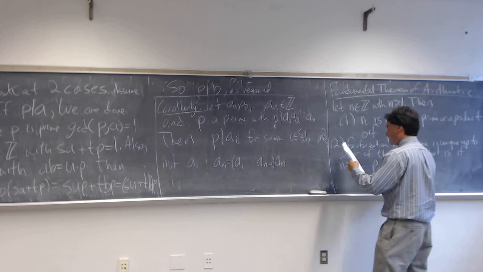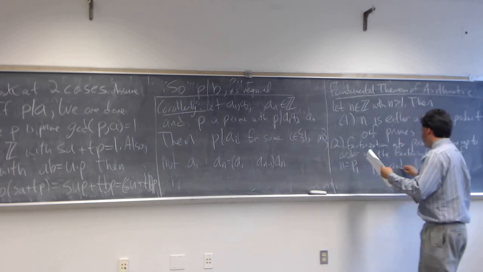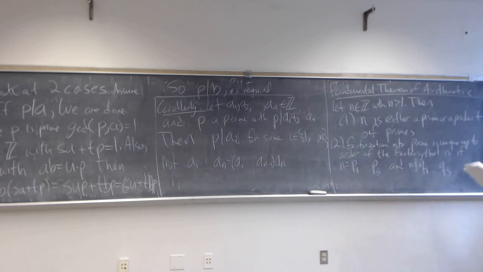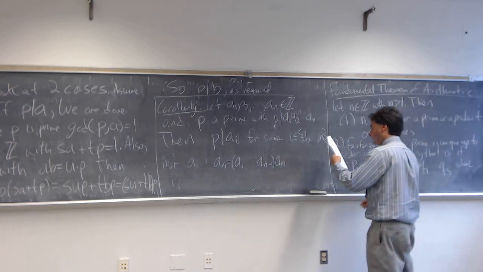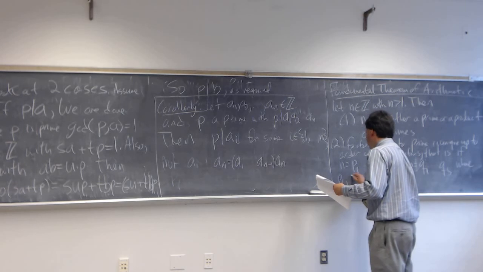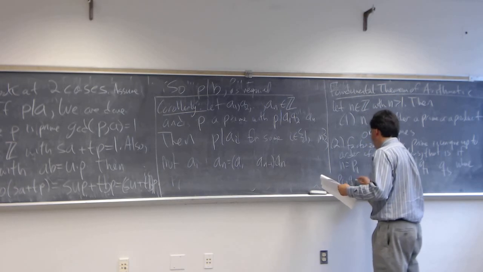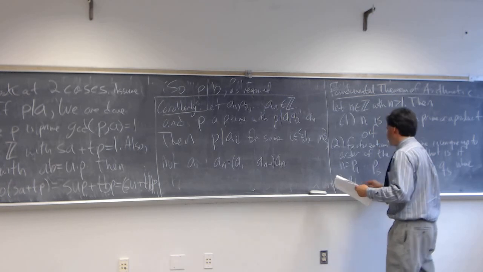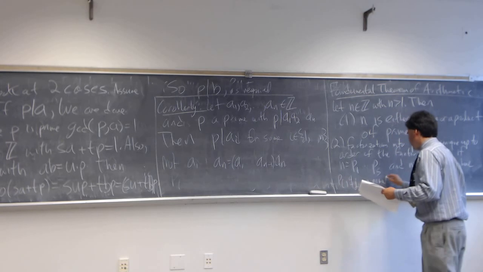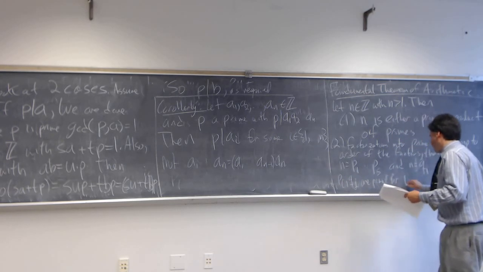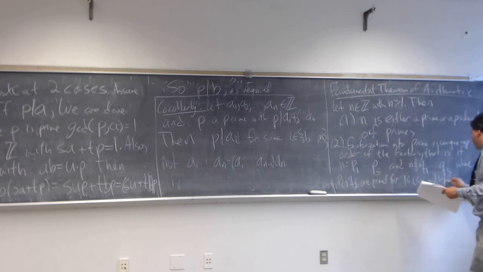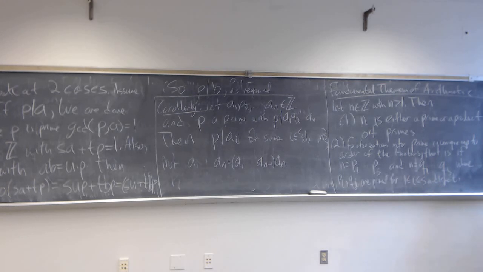if n is P1 up to Ps, and n is also Q1 multiplied up to Qt, two factorizations into primes, where the Pi's and Qj's are prime, i between 1 and s, and j between 1 and t,